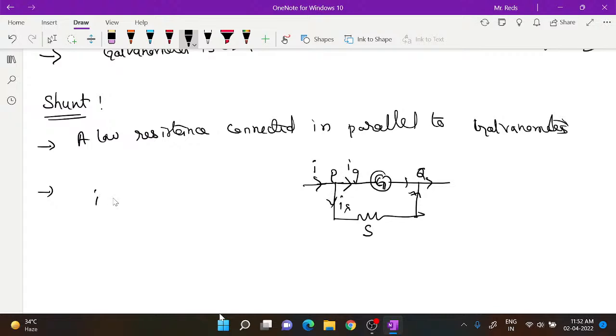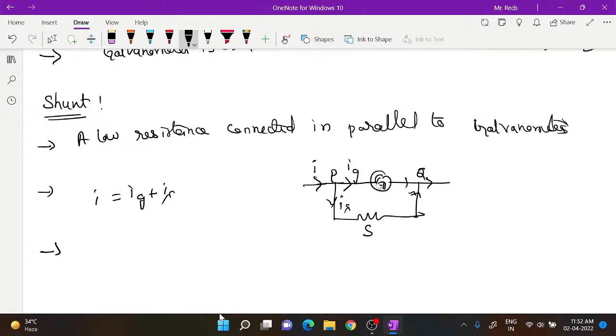I is equal to Ig plus Is, but I is equal to V by R. If you want to know the equivalent resistance of this network, we can represent it in different ways, so we have to find the equal potential across this device. Briefly, by making use of Kirchhoff's current law, we can say